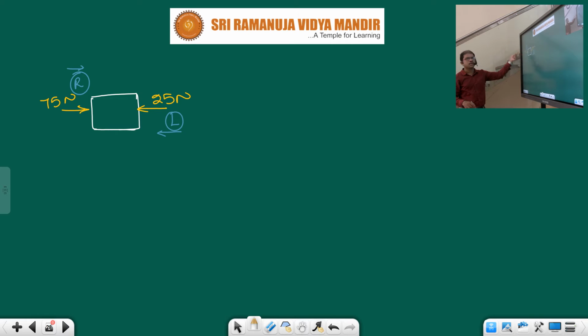Generally, we can say that, but mathematically, here also 75 newtons is there, 25 newtons is there. So which force is more? 75. So towards the direction in which 75 newtons is acting, in that direction the block will move. Just generally we can say that. And net force is also, since both are in opposite direction, 75 minus 25, 50. What I am trying to explain is how we can mathematically represent that direction. Clear now? Mathematically.